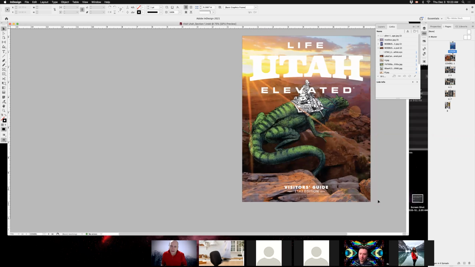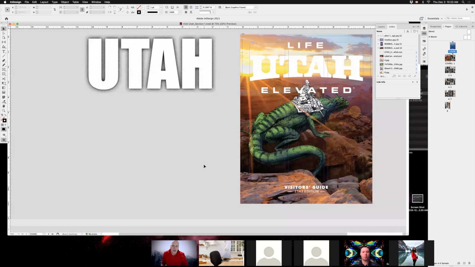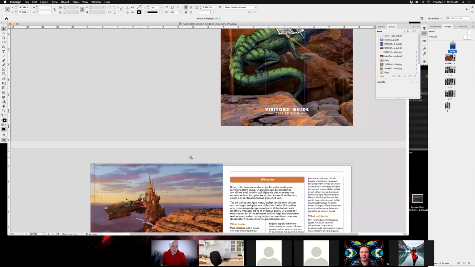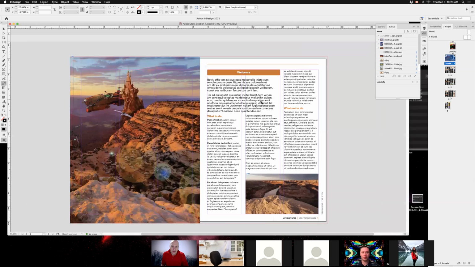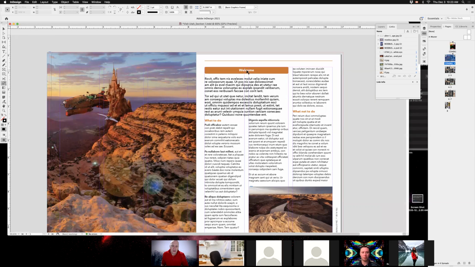So this document is split into three. Currently it has the first section. This is called Visit Utah Section 1, and it's all fake, right? It's all placeholder text. So there's some titles, and I've created some paragraph styles, of course, for my